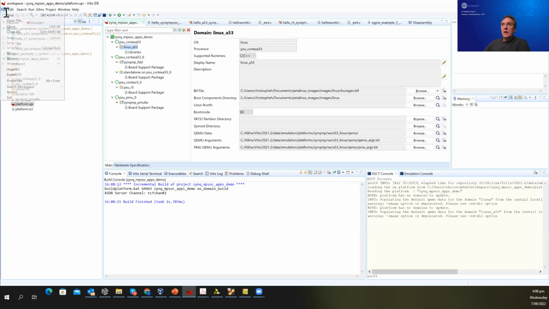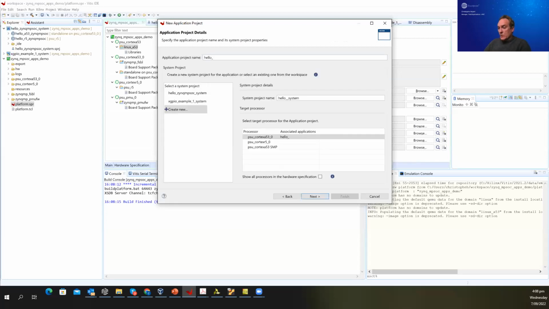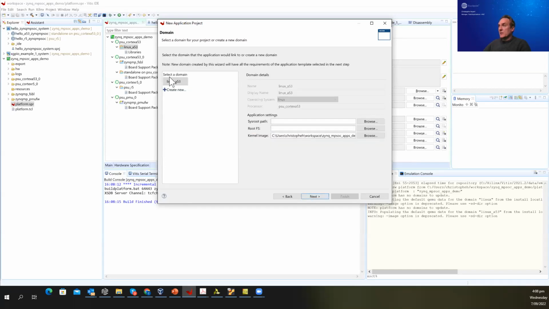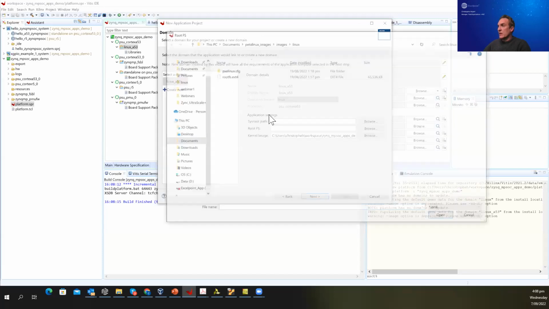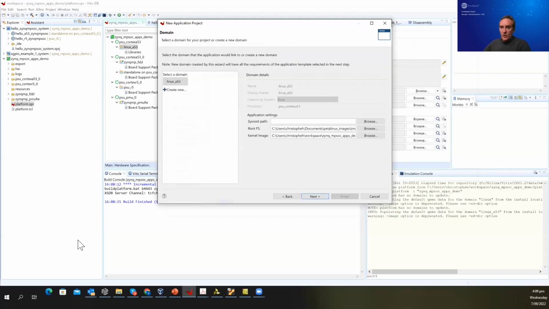So as per last week, we can file, new application project. We're still in the same platform project, because remember that platform project used the same XSA file. We will create a new system project into that domain. Select the Linux domain, the root file system. I don't think that's necessary, but you could just point to that. The sysroot, you can, if you recall, with the